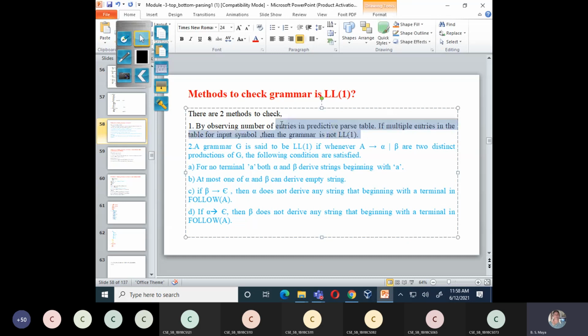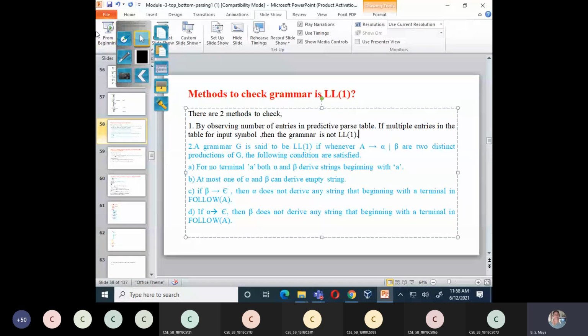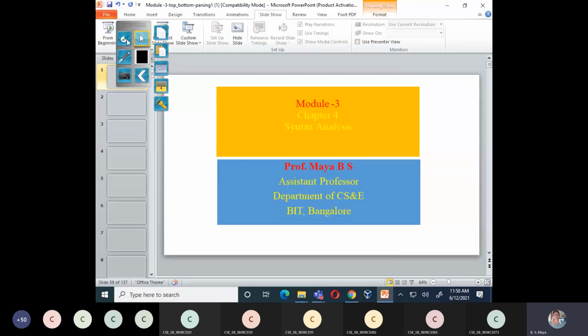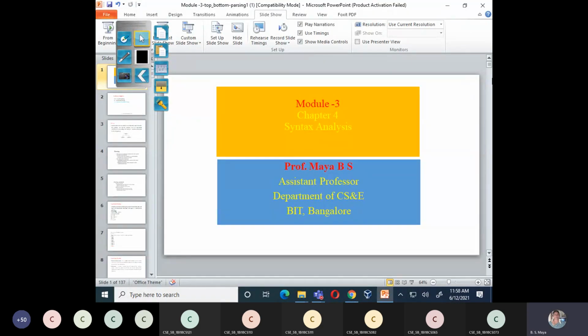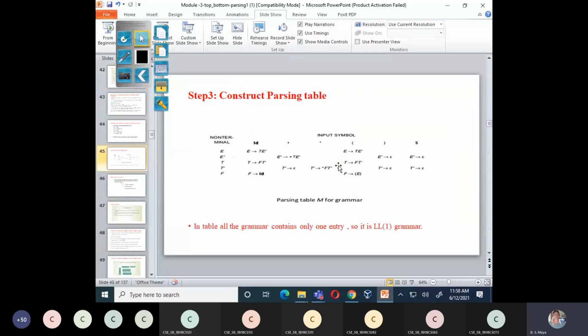I think you know about this problem. There is no doubt in these things. Yes? The first method we did. The same type of problem we can also solve without construction of the table. Now I am telling with construction of the table, but without construction of the table it can also be done.